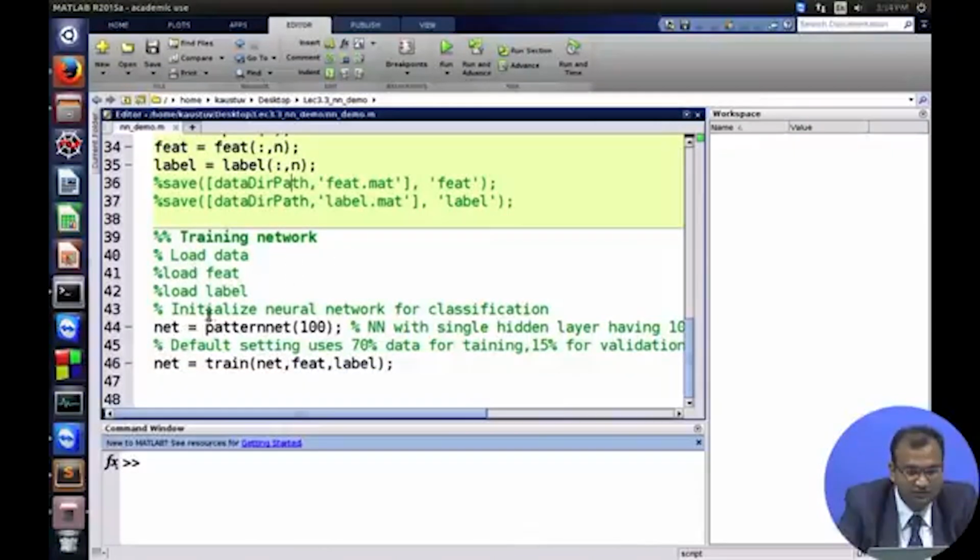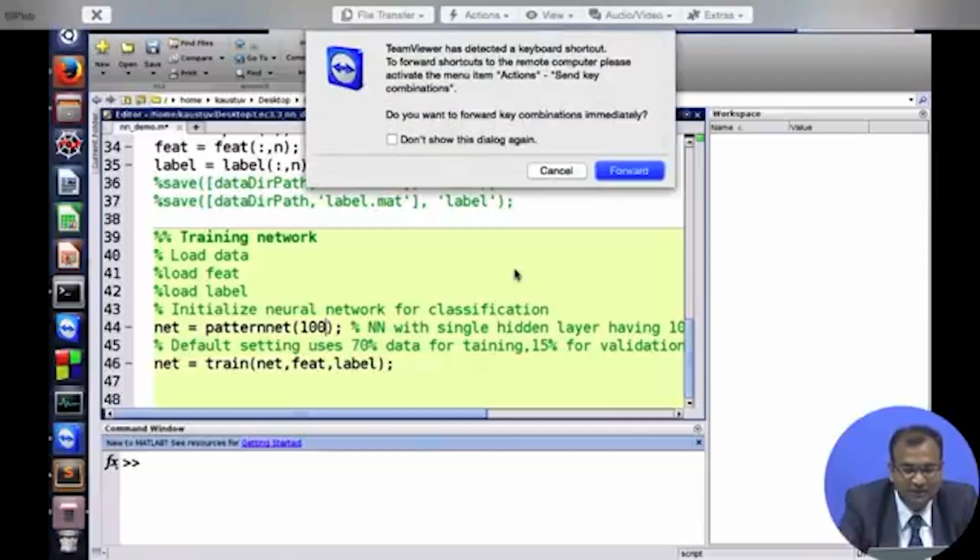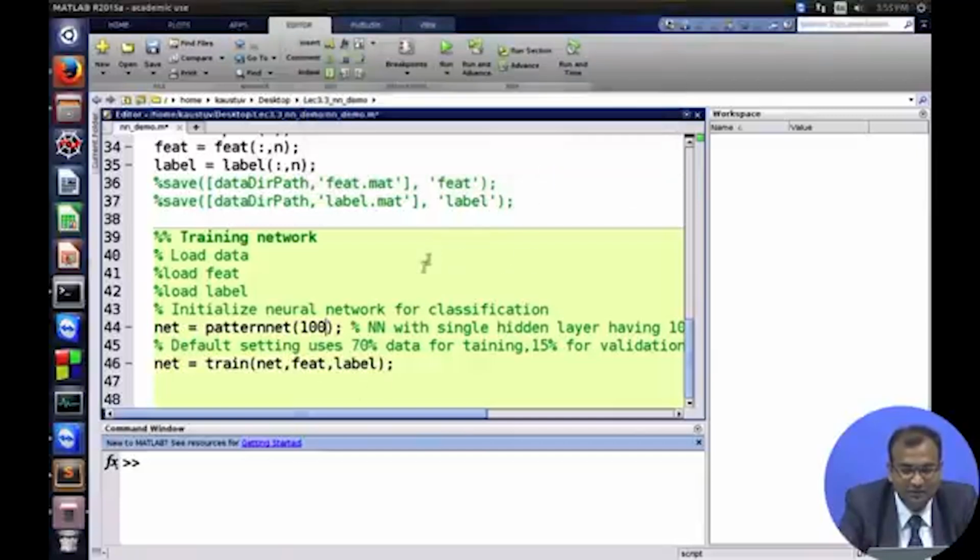Now what we do is, here is where we start defining the network, and it's a very simple command actually in MATLAB, where you can define this as a pattern classification network which just has 100 neurons in one single hidden layer. So if I just want to change, I can just make a comma 10, so that would make two different layers in which the first one has 100 neurons, the second one has 10 neurons. And by default,